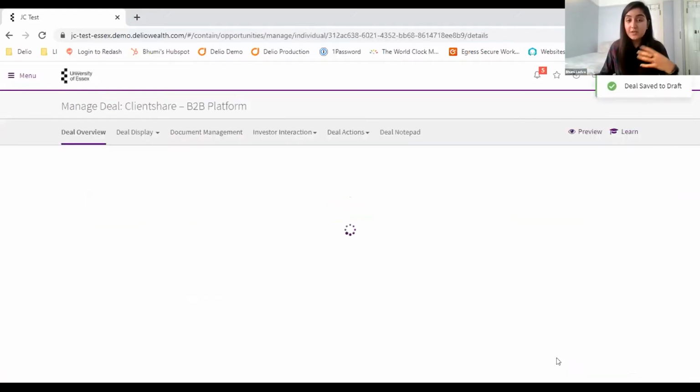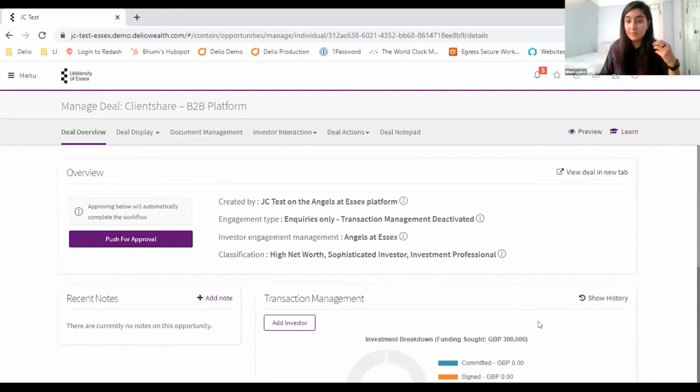The reason why this is done this way is because we can now start to build out the deal even more and add in more documentation. It's a step where your initial data is captured, and we then get the chance to build out that deal a little bit more. You might even be engaging with the University of Essex, and they might be telling you, right in your pitch deck, we need you to provide X, Y, Z. So we have a stage in between where you can add even more information.